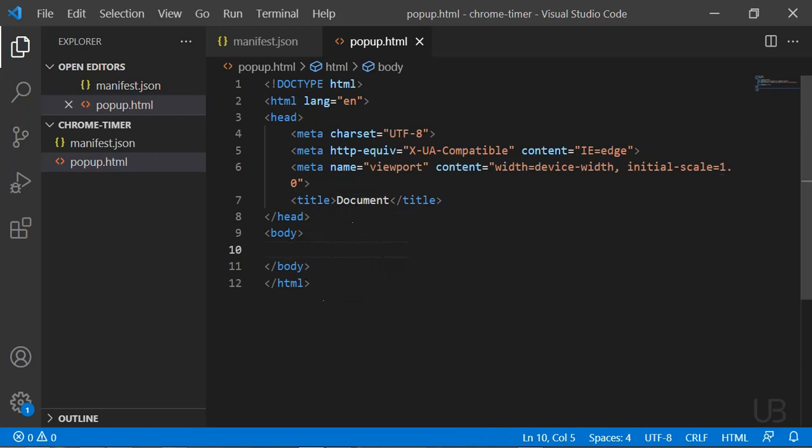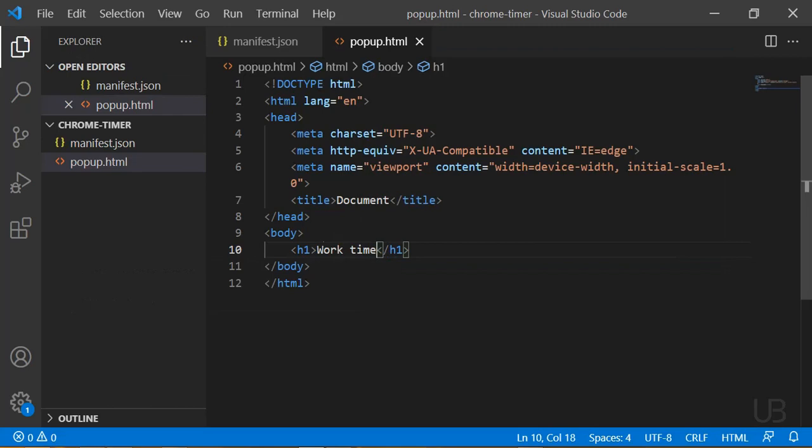Okay, what we will have on our pop-up will be the title, the seconds remaining, and the toggle. We'll have a toggle, maybe a checkbox. So let us do the title first. H1. The title will be work time.